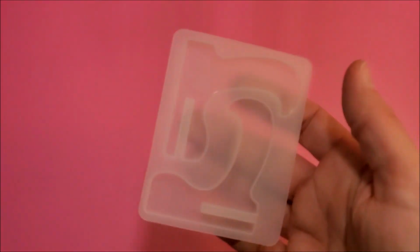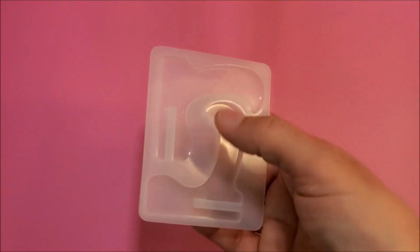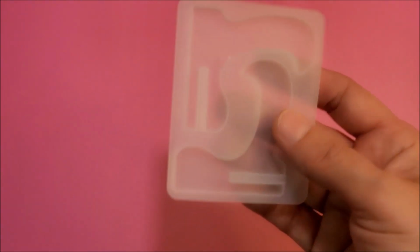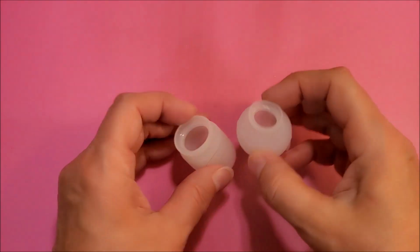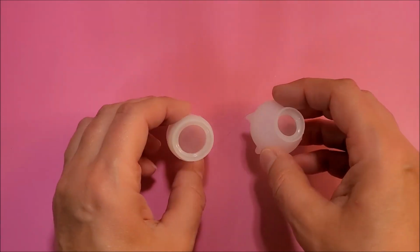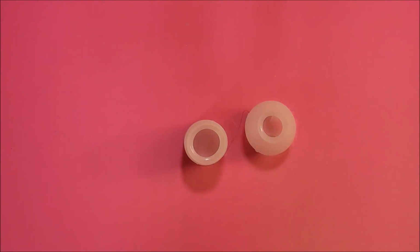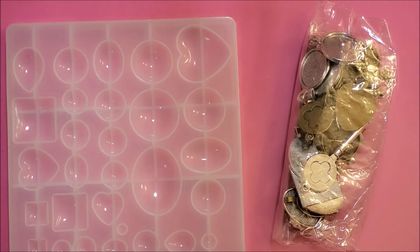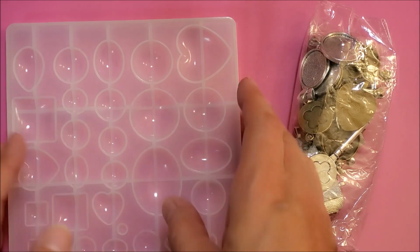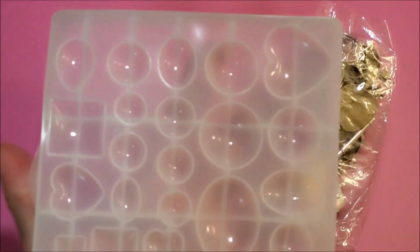And let's see. This is like a little stand you can make for your mobile phone, or you can put like a little picture on there. And that was $1.52. And then I got these 2-piece bottle shapes, and those were $2.69. This is a 35-piece pendant kit, and it comes with all your little gems,